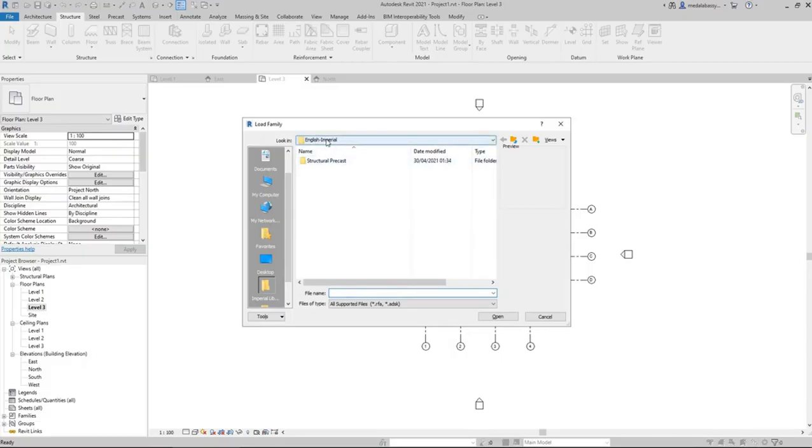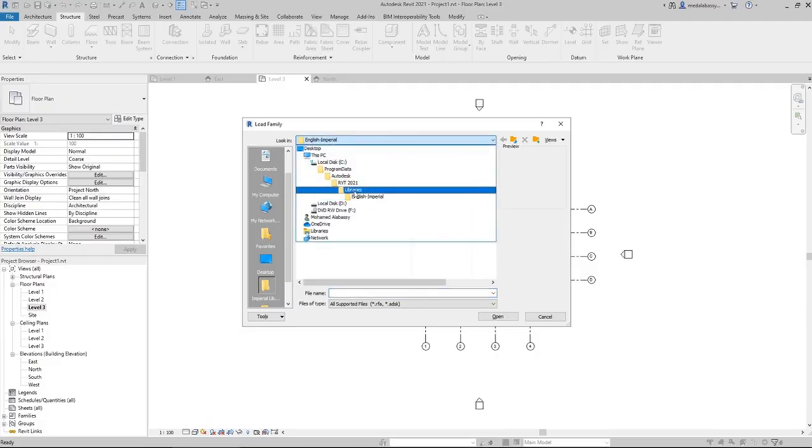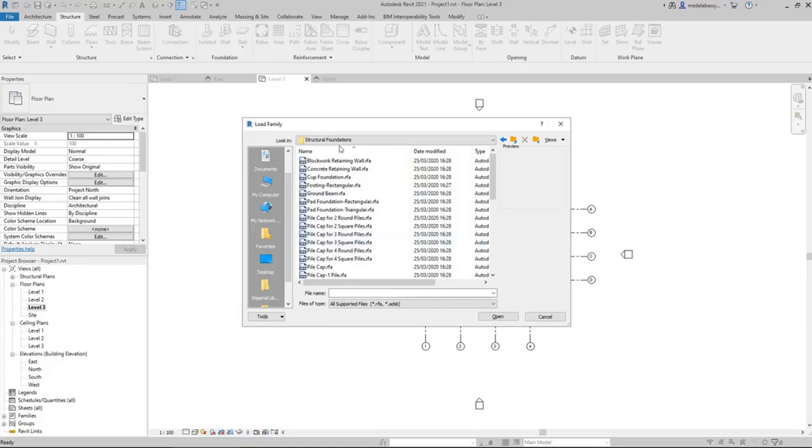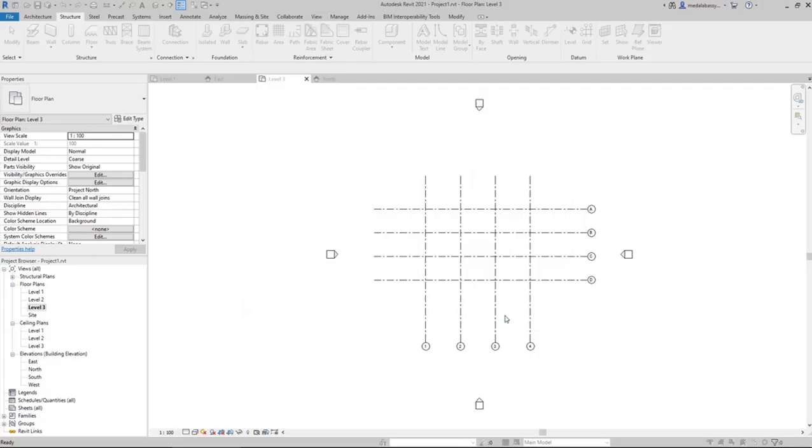You'll notice we're in the wrong folder. This is Imperial, so we need to switch up to Libraries and then go to the UK folder, and I guess it's Structural Foundations, yes, and then the name is Pad Foundation minus Rectangular. So Pad Foundation minus Rectangular .rfa, and then click Open,